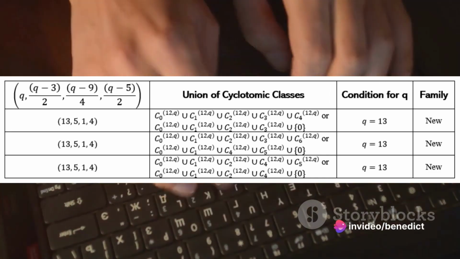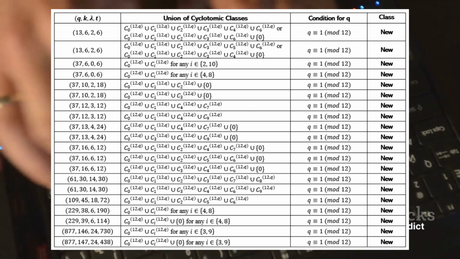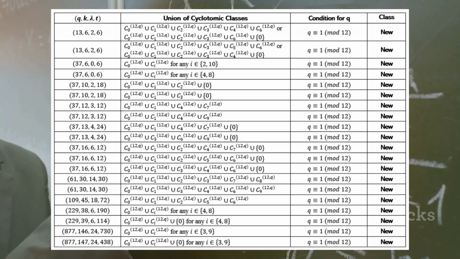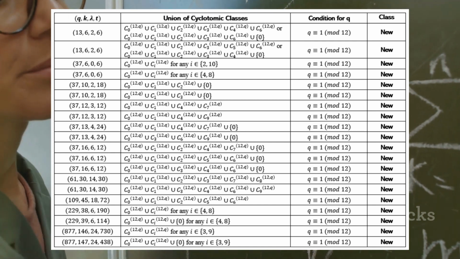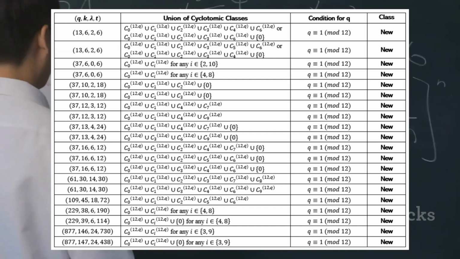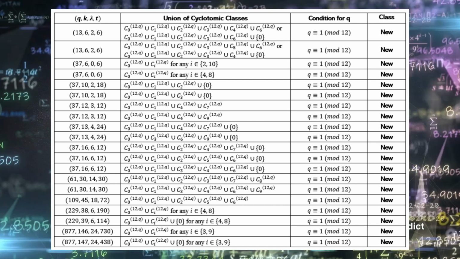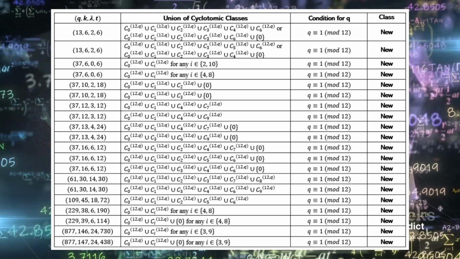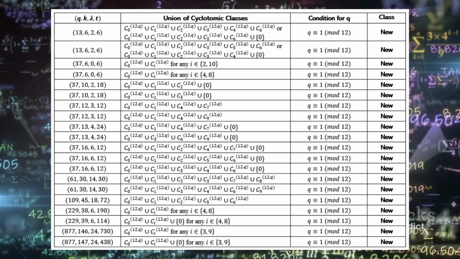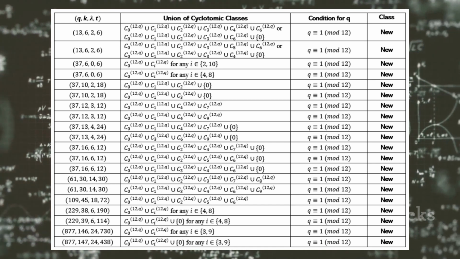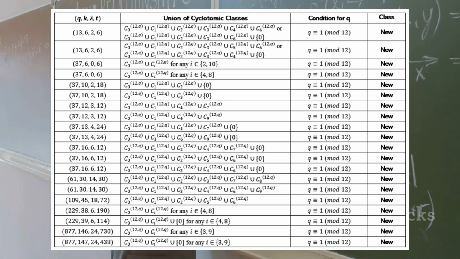Furthermore, there exist 2 new inequivalent (13, 6, 2, 6) almost difference sets which are not partial difference sets, 2 new inequivalent (37, 6, 0, 6) almost difference sets, 2 new inequivalent (37, 10, 2, 18) almost difference sets, 2 new inequivalent (37, 12, 3, 12) almost difference sets, 2 new inequivalent (37, 13, 4, 24) almost difference sets,